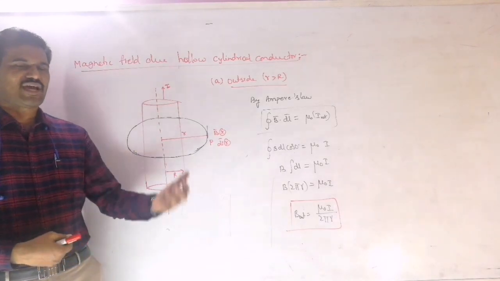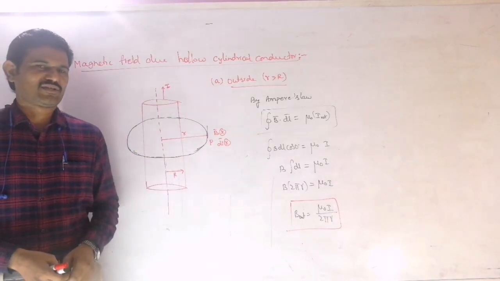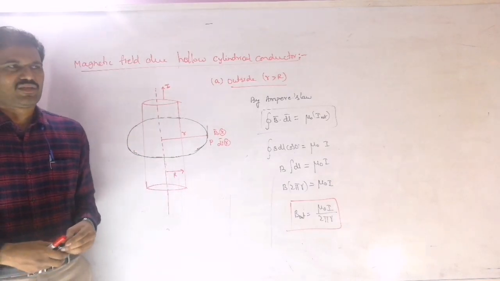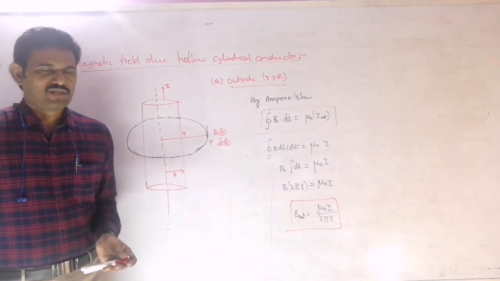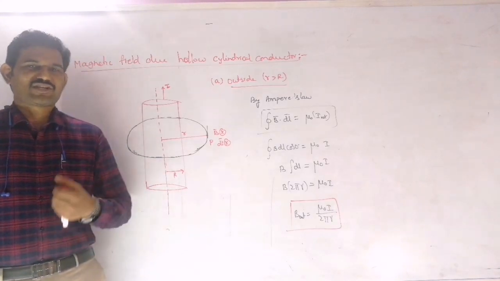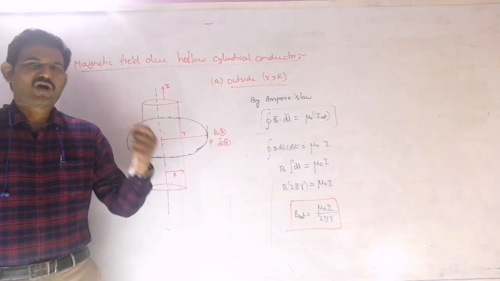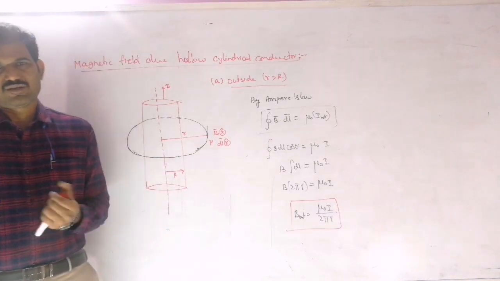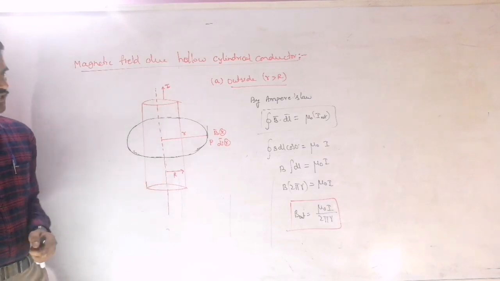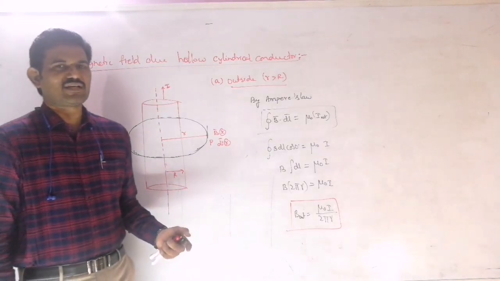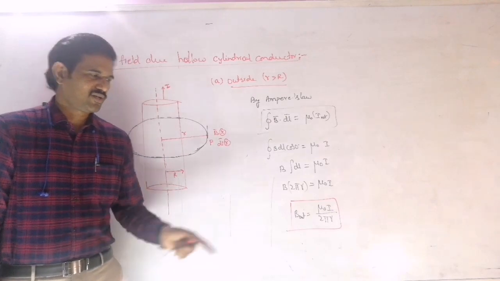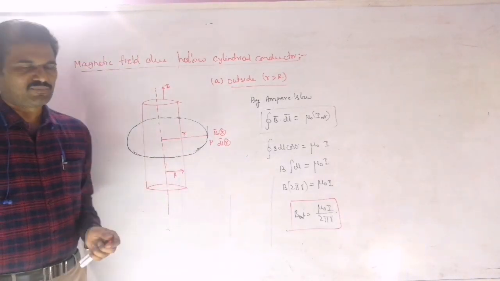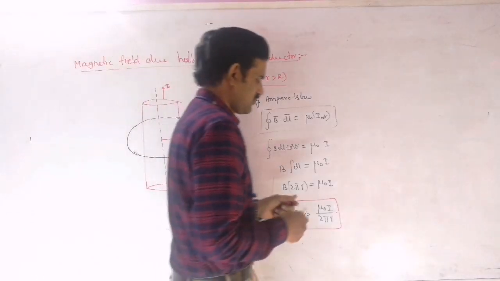And even if it is a hollow conductor, you will get the same expression there, because from outside you can't decide whether it is hollow or solid. Similar to that of our spherical shell in electrostatics. The electric field outside the spherical shell and outside the solid sphere both are the same only, right? So similarly here, this magnetic field outside the current carrying conductor, both hollow and solid, is given by the same expression mu naught I by 2 pi r. So this is outside.